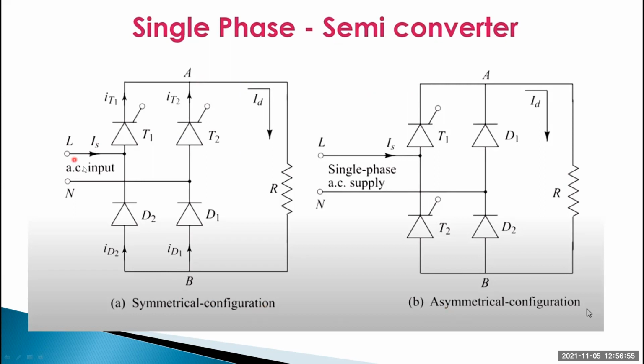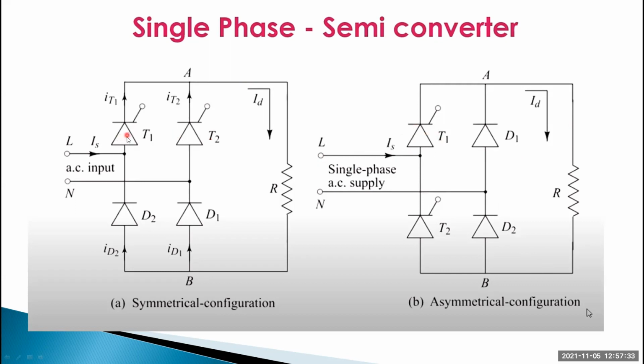This is the AC input voltage, line and neutral. This line is called phase, and this is called neutral. The phase is connected to this pole here and the neutral is connected here. In these also, line and neutral, the single phase supply, phase and neutral. The phase is connected here, the neutral is connected here, and the load is connected like this. Here a pulse generator is also required. When we give the triggering pulse, only then the thyristor is turned on.